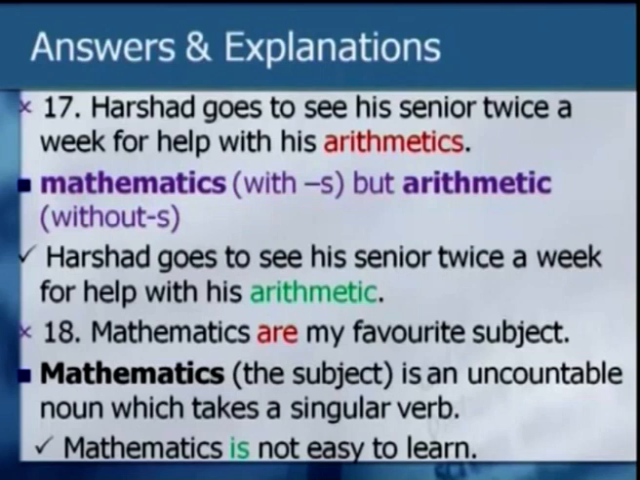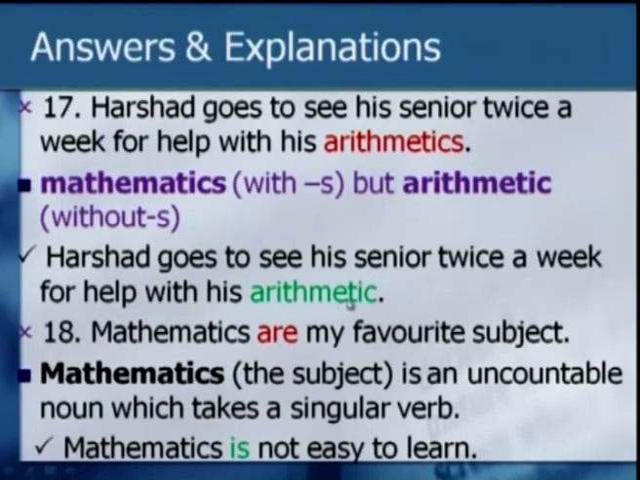Both, of course, you know that they are synonymous with each other, mathematics and arithmetic. However, when you use arithmetic, it is without s. When you use mathematics, it always has the s. So that is the difference. So you cannot use in a confused sense between these two words. One does not take s, that is arithmetic, and one always takes s, that is mathematics. So the correct form is this: Harshad goes to see his senior twice a week for help with his arithmetic,